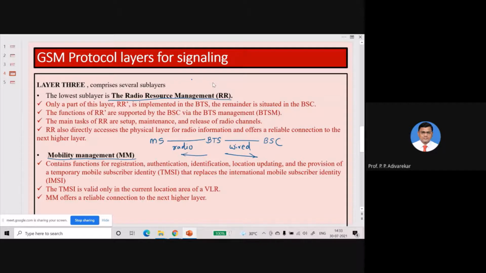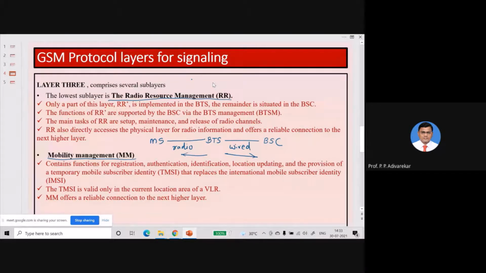Okay, so what does mobility management do? It does the function of registering the mobile user so that it can be available for making calls or receiving calls, authentication of that particular user, or identifying a particular user if it is receiving the call. Also, it should be able to know who is calling the intended user.